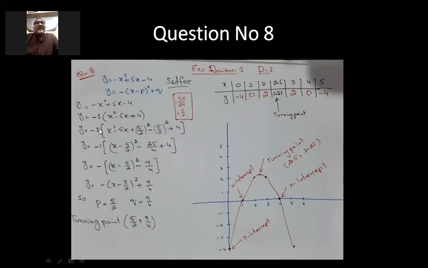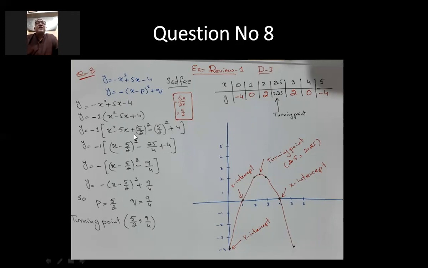What I did, I took minus 1 common from these, because this x square is negative. So you will have inside the bracket x square minus 5x plus 4. Then inside the bracket, I will do the completing the square method. Whatever is the term of x, which is minus 5x here, I will divide the minus 5x by 2x, and you get 5 by 2. So the square of 5 by 2 will be added, and the square of 5 by 2 will be